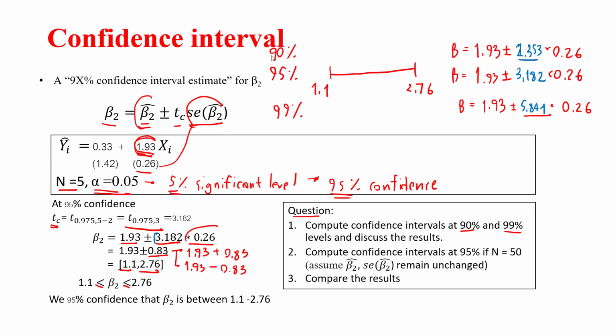And the higher the confidence, the higher the t that you obtain from the table, which means when you calculate the beta plus and minus,